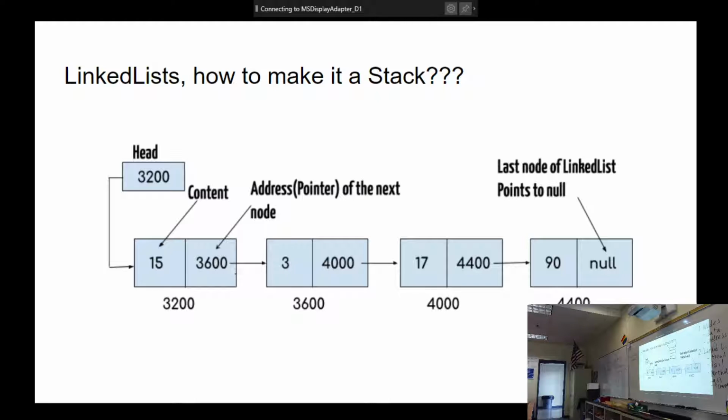I'll be honest, we're not going to change the node. The node's just going to stay the exact same. So the first thing I would look at here is, where's my head? In the front. What do you mean by front? What is front? First thing? First node. Right here or here? Bottom. You're saying the bottom? Does anyone disagree with that? No one disagrees with that.